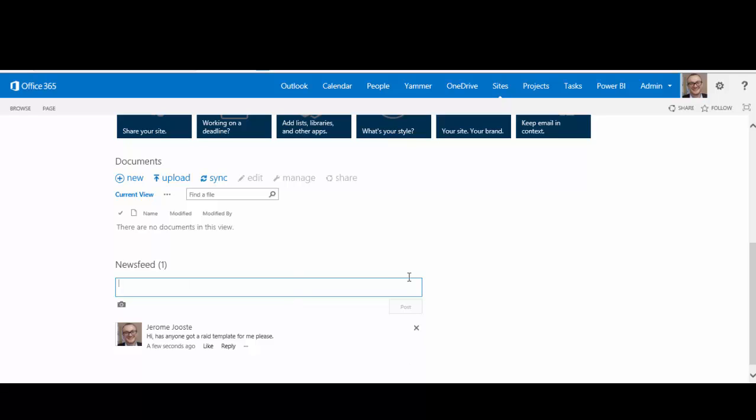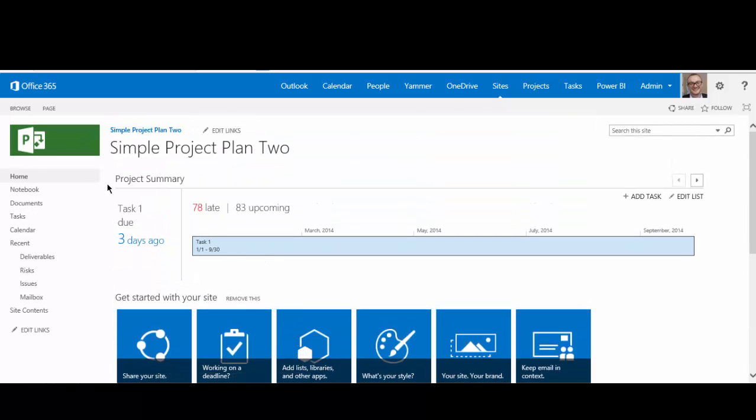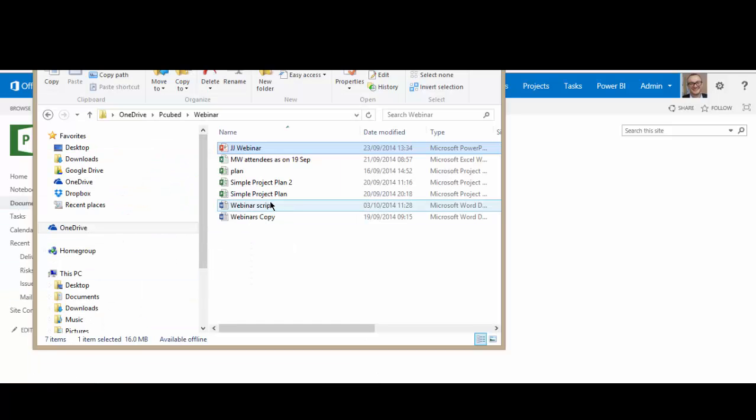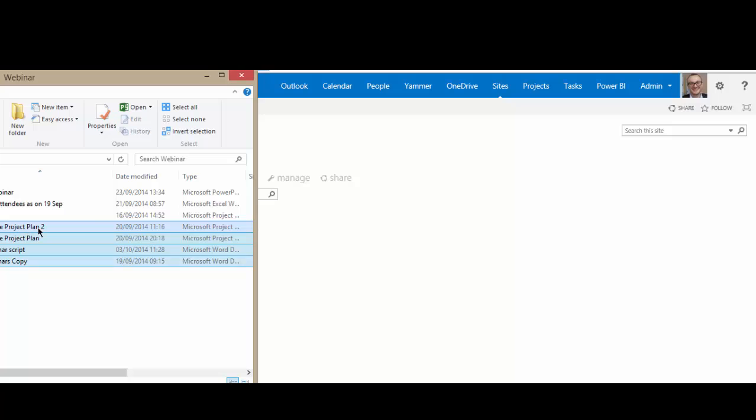So yeah, great stuff. I also have a place on the top here to collaborate not just on my project tasks, but also on documents within document libraries. And this comes with all the great SharePoint functionality, such as the ability to add approval workflows or version control to documents, and getting them into the library is really, really easy. So for instance, if I had to go like this, it's as simple as dragging and dropping into a library,